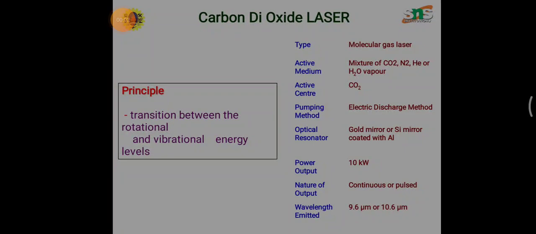So welcome. So now we discuss carbon dioxide laser. So an Indian engineer C.K.N. Patel designed the CO2 laser. So we know in the case of